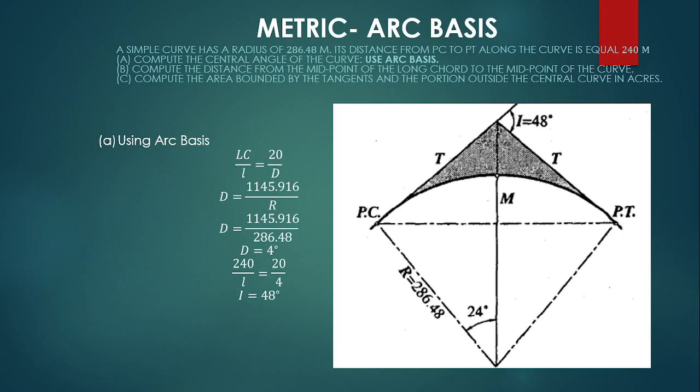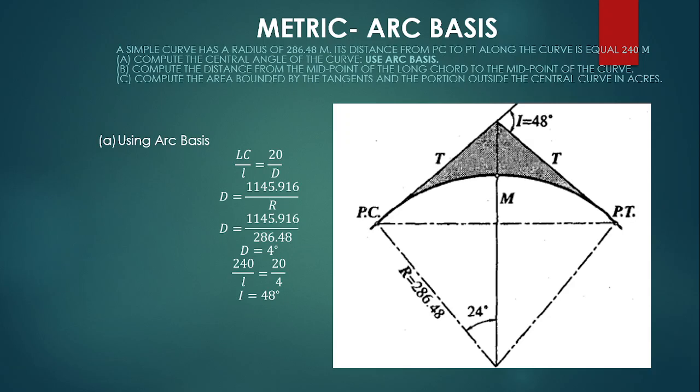Use arc basis. So, makikita po natin dun sa mismong figure na by the figure itself, makikita na natin yung I. So, 48 degrees. So, we need to find out kung bakit siya 48 degrees. So, using arc basis, I had used the formula LC over I is equals to 20 over D. Since wala tayong given ng D, kailangan natin siyang hanapin by the formula